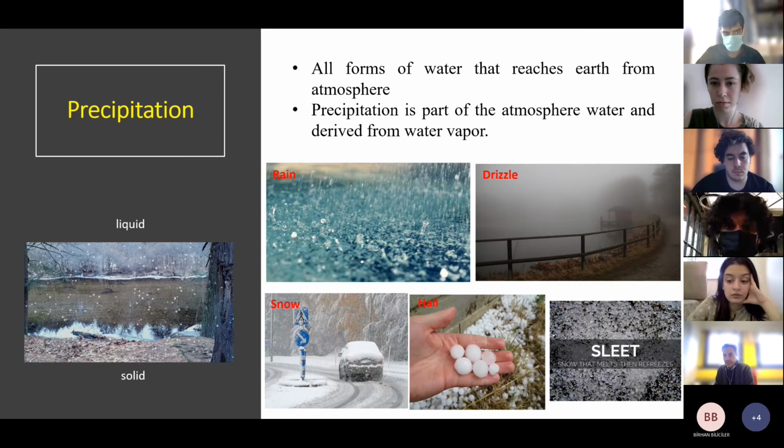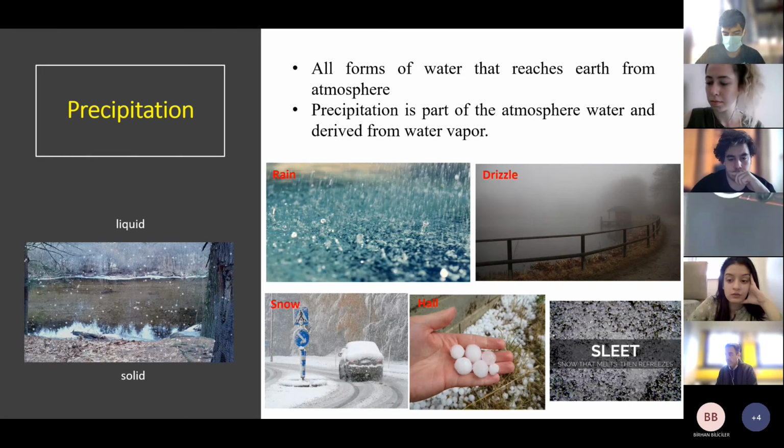Here you see that rain and drizzle are the kinds of precipitation that are liquid. Snow, hail, and sleet are the precipitation that are solid. This is the main difference, but let's go into more detail between rain and drizzle, and then the other